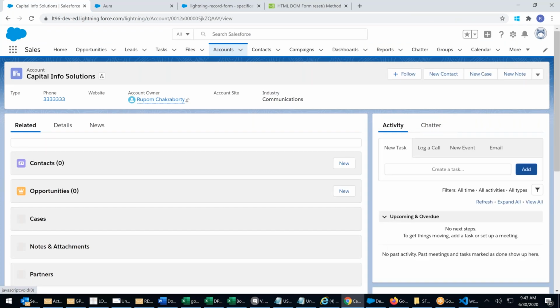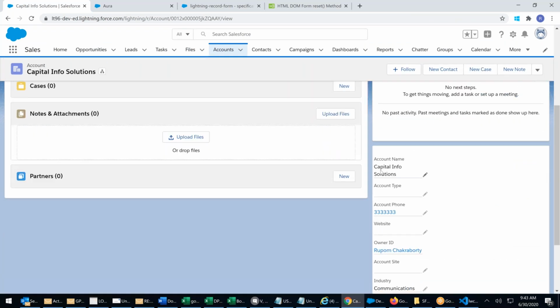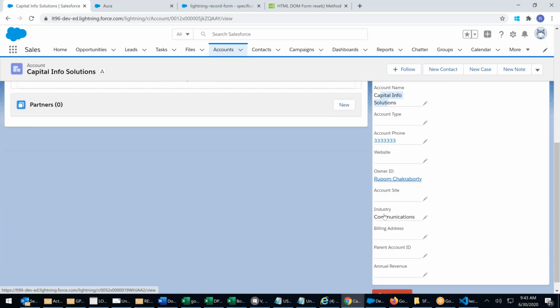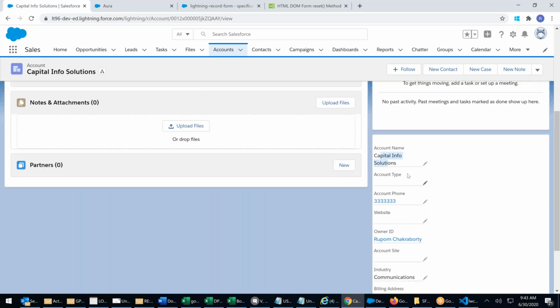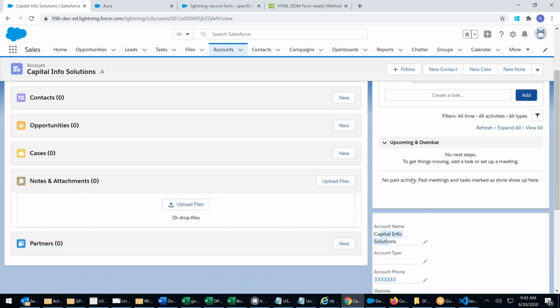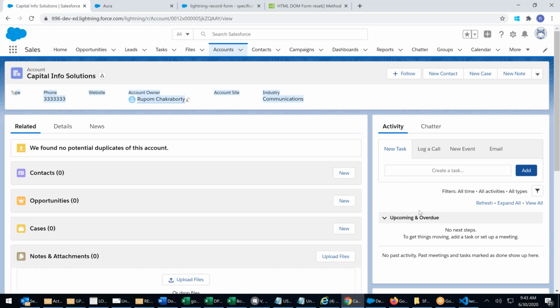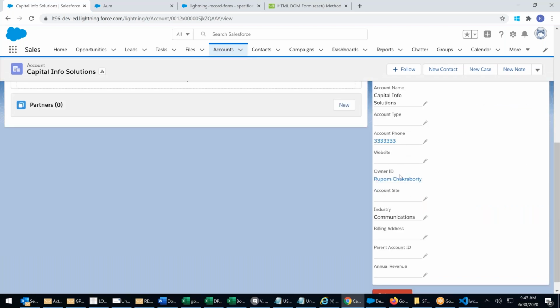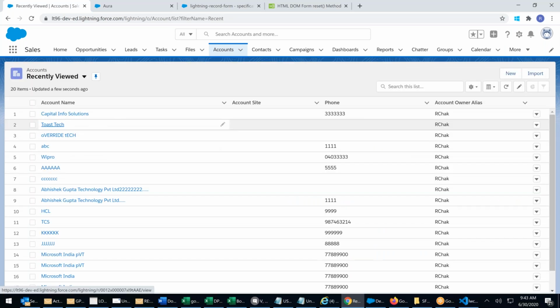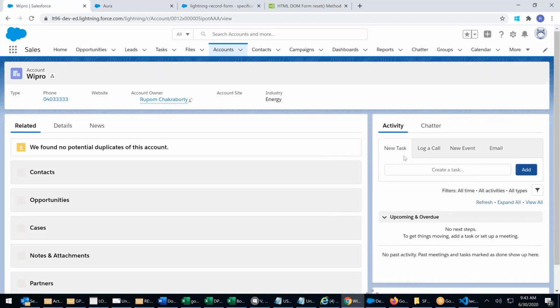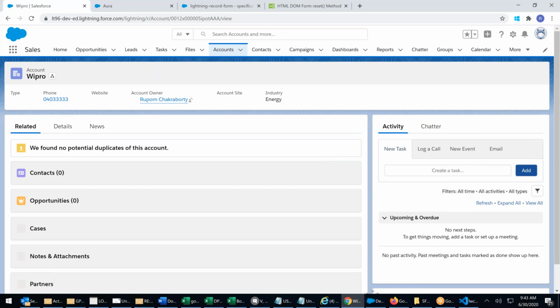Now I scroll down. See that automatically the system has taken the ID. Layout is compact. That's all the compact layout field. Compact layout is nothing but, I told you, when you go to the layout, you'll be able to see compact layout. If I take full, did I pass the ID? No. I go to another account. I open, let's say, Wipro. System populates, wait, see Wipro data,